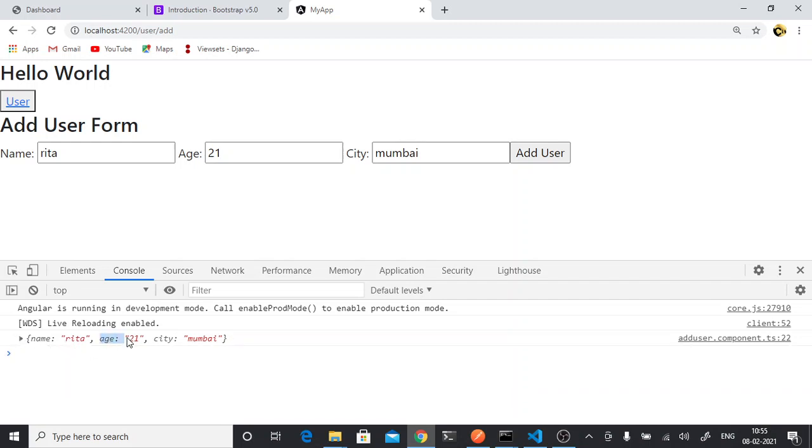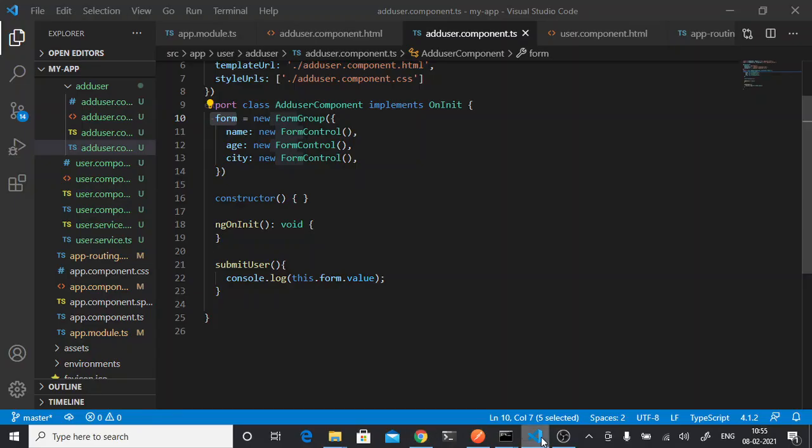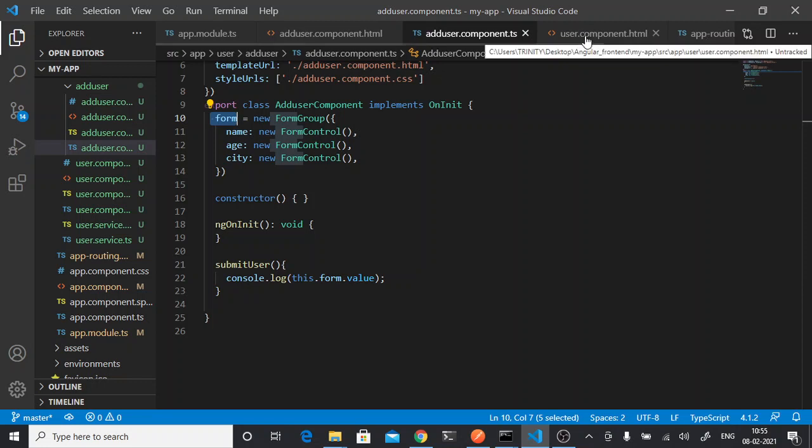So now remember, when we made the schema of our age parameter in our database, it has to be integer. So we'll have to convert it before sending it. So now that we are getting this data, we will be calling our service. We will need to call our service.